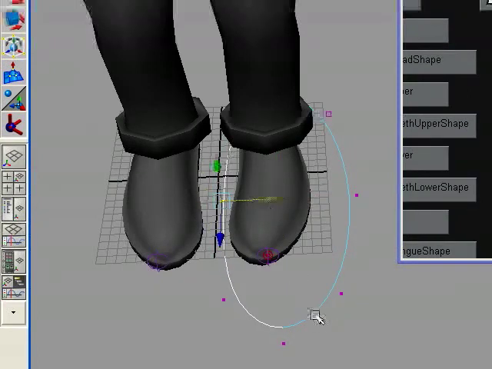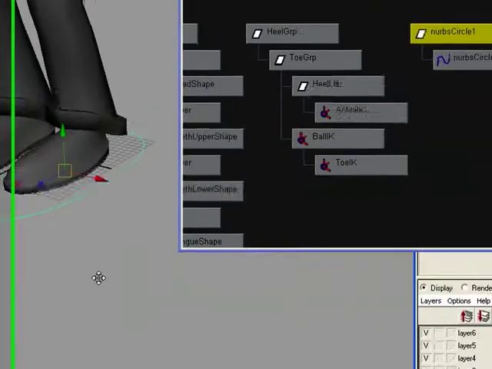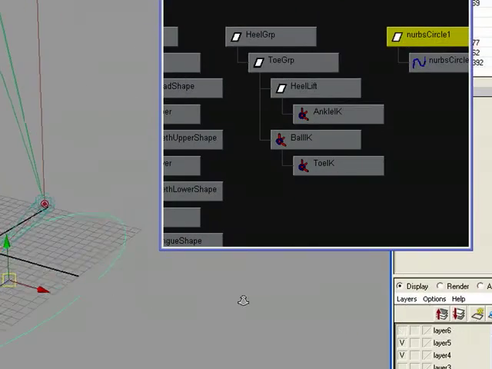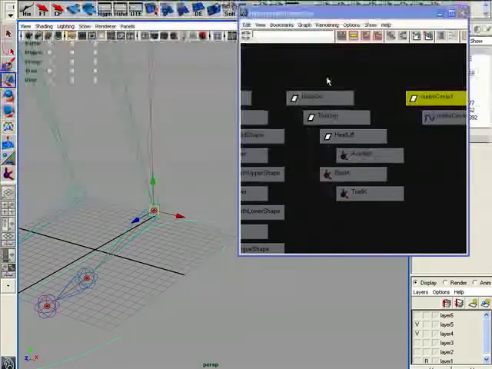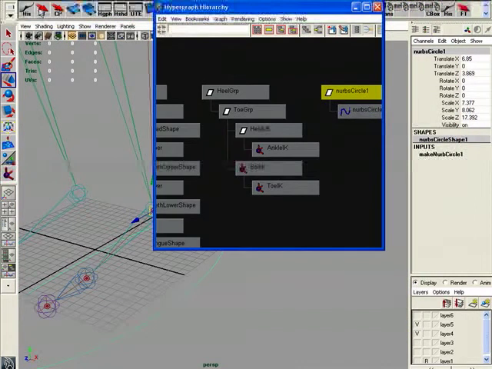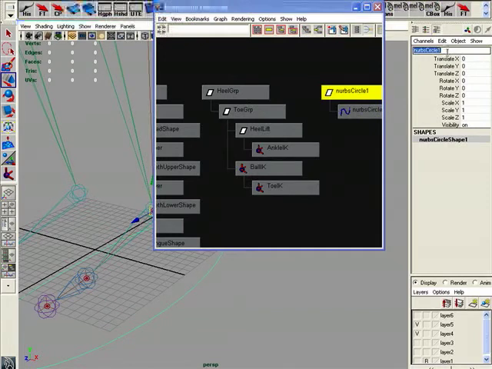Great. And for this little object, I'd really like its pivot point to be D and V, middle click, snapped there. Okay, I'm going to freeze the transformations, kill the history, and call this thing foot